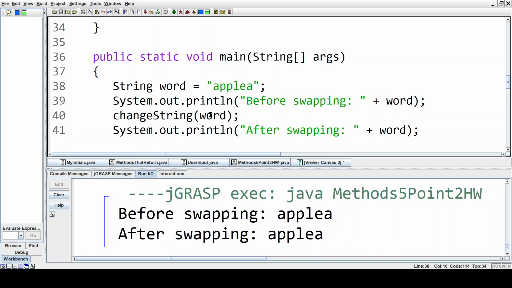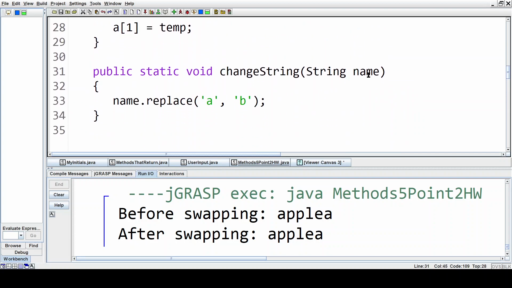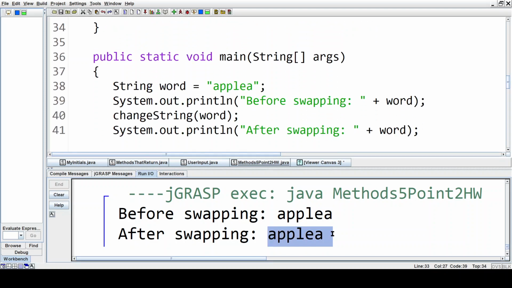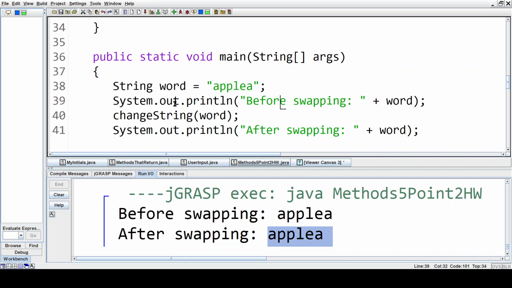Change string word. So we sent word into here. It replaced A with B. So we had two apples. Printed it after. It didn't replace it, even though it's a string. So the weird thing about strings is,